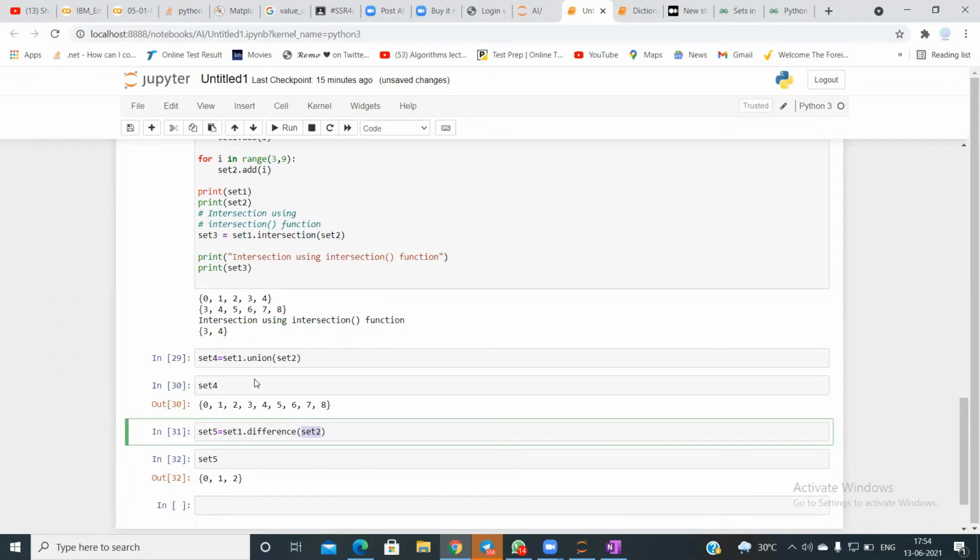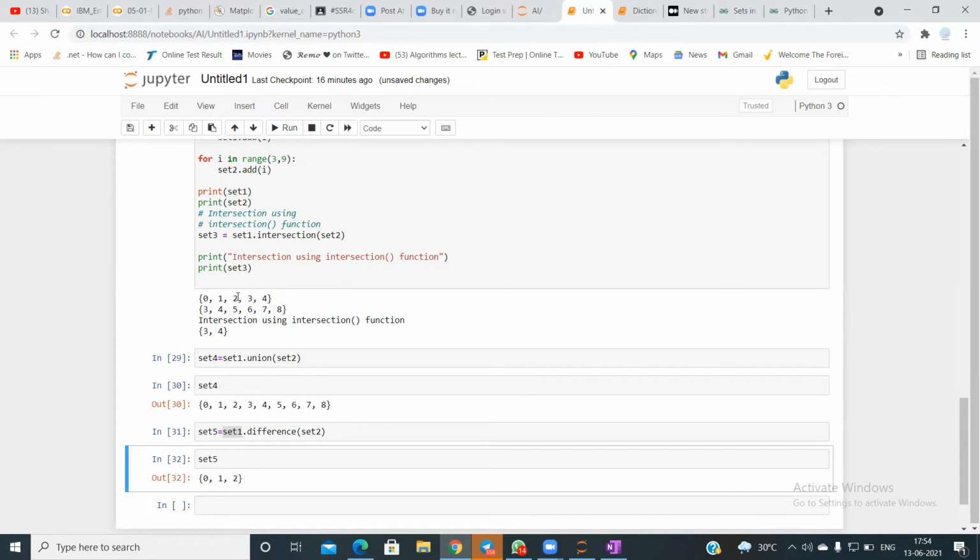Oh, yeah. So you have set 1 and set 2, and you're saying set 1 minus set 2. So it is printing all those elements which are in set A and not in set B.